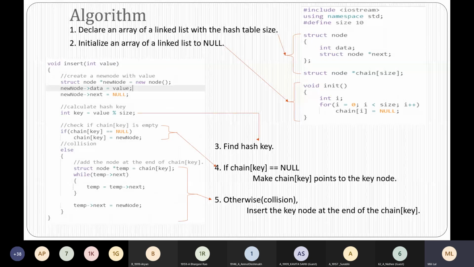See, now just go through that statement. If the chain key is equal to null, meaning if the bucket is null, then copy the new node to that particular location. If not null, you traverse till the available next node, and when that next node is obtained, you place the new node at that particular last node. That is, temp next is assigned to new node. Okay, so that is what I explained about how to place 402. Is it clear?